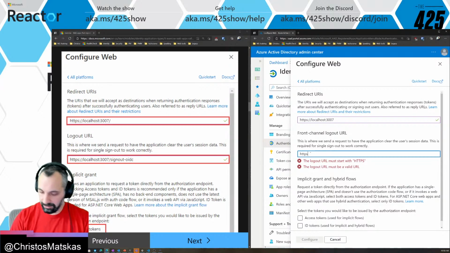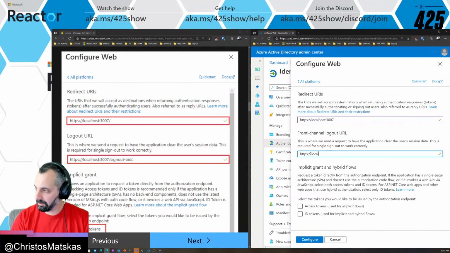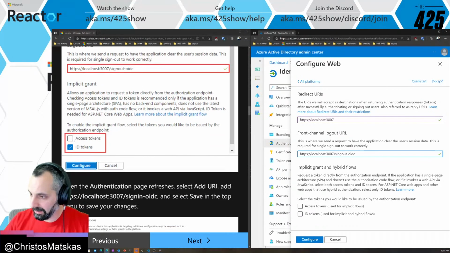HTTPS logout localhost 3007 with too many zeros, and then sign out and dash OIDC, OpenID Connect. It says add an ID token. So we're going to be using implicit grant for this one, but please remember that